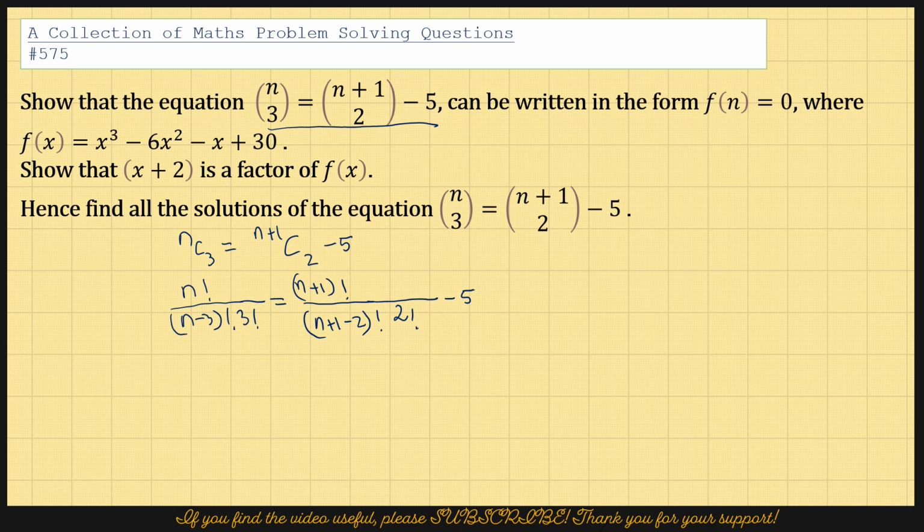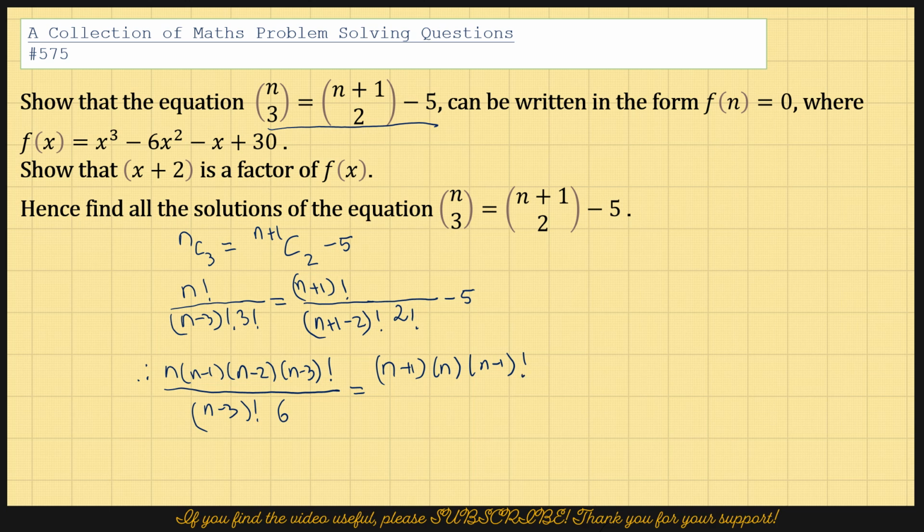So then I can also write, therefore, n times (n minus 1) times (n minus 2) times (n minus 3) factorial, and the entire thing divided by (n minus 3) factorial times 3 times 2, is 6. That equals (n plus 1) times (n minus 1) factorial divided by (n minus 1) factorial times 2,